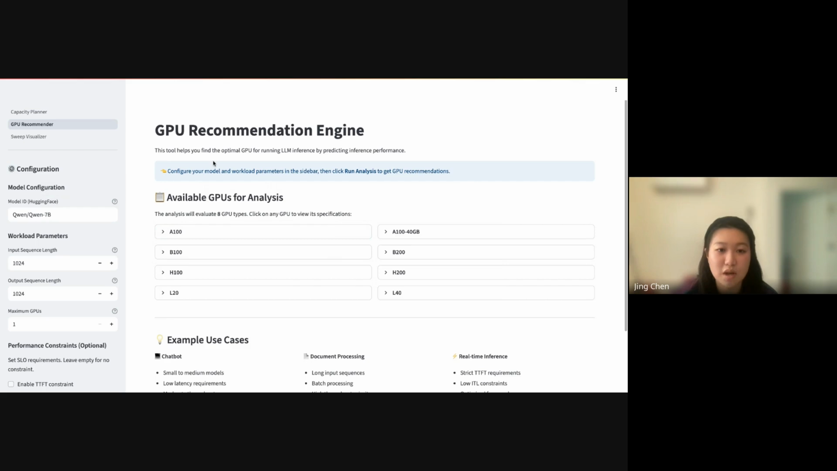Right, so this tool helps you find the most optimal GPU for running a particular workload without actually having to consume any resources. And it does so by using a baseline algorithm from